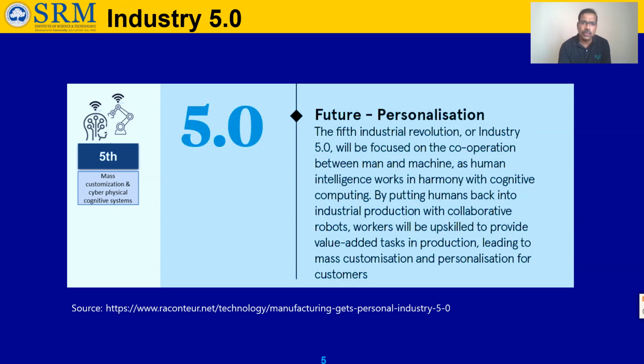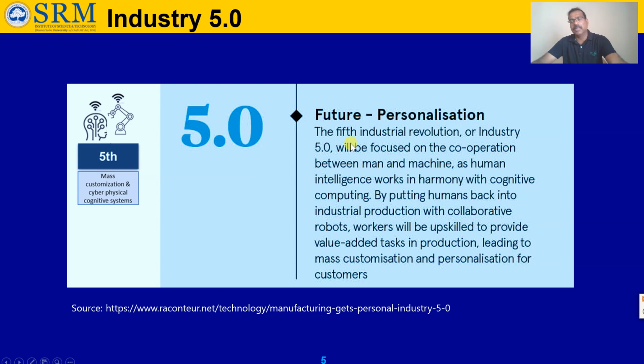For example, in the shoe or appliance industry, we will be thinking about products particularly designed for me, like shoes, a helmet, goggles, or gloves. Everything will be personalized for me according to my need. We are thinking about that, right? So the future of the industrial revolution, 5.0, is all about personalization.